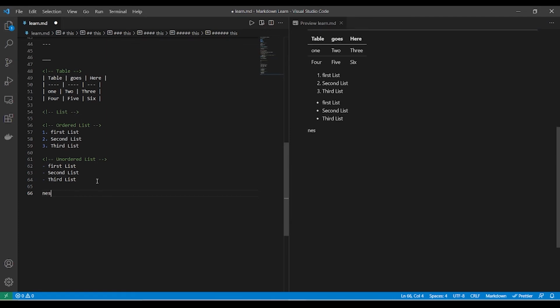So let's do a nested list. You must have used nested loops or any code like that. So basically nested means a list under a list.